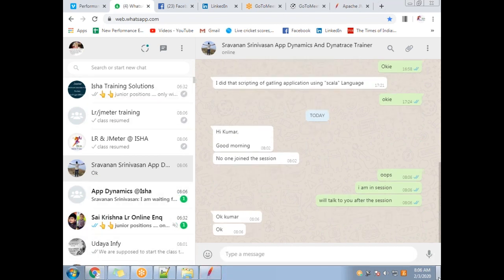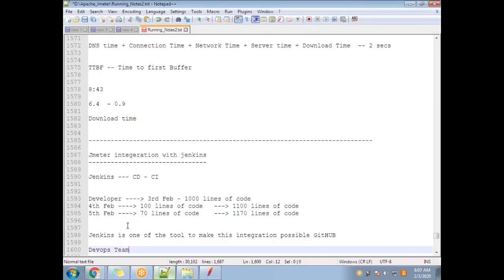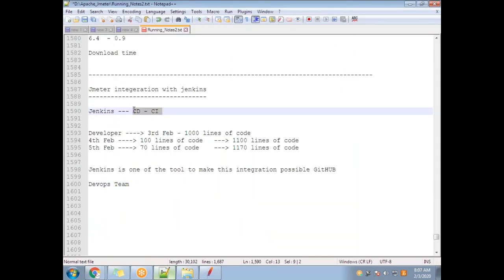Okay. So before the break, we were talking about continuous integration and continuous delivery, guys. Okay, so sorry, continuous development and continuous integration. So CDCI. So